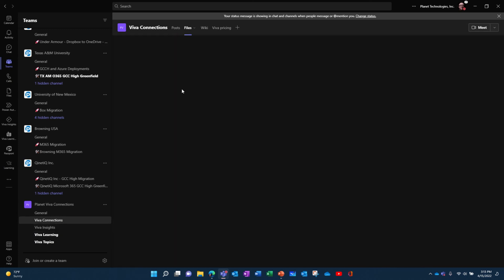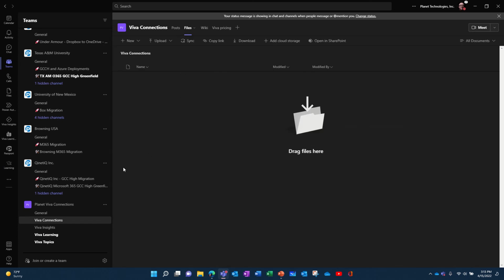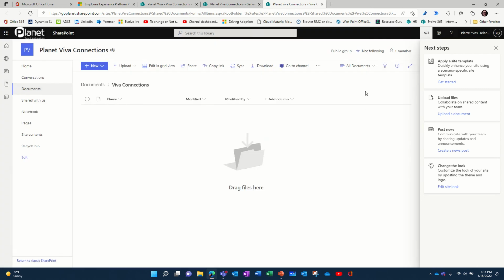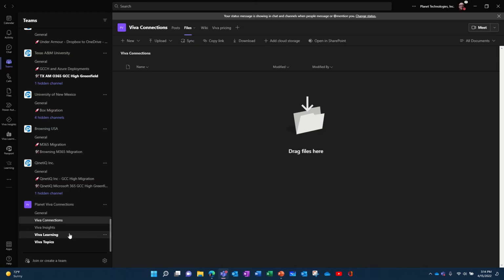I have the files. Do I have the files? No, I don't have the files. So that's a problem. So here, there are two tips. The first tip is I'm going to add this SharePoint site, because there's a SharePoint site behind Teams. I'm going to follow it, because when I do that, then what I can do, going back to my team,